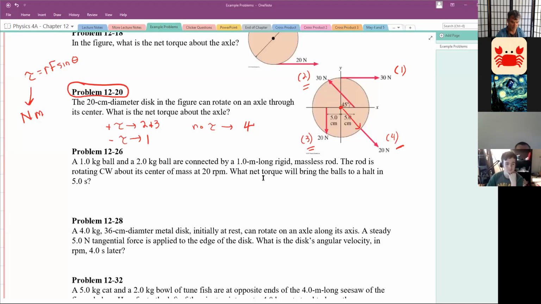Share screen again. Yeah, so I had mislabeled this one as number 1. Force number 4 is not producing any torque. And in fact, anytime you're exerting a force along the axis of rotation in direction, so if I had a